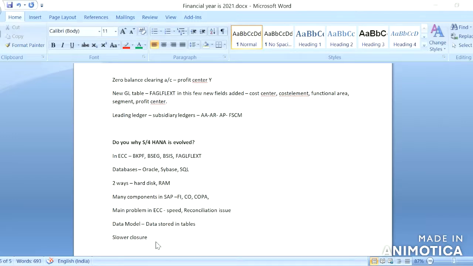As functional consultants, we know that every month end there are activities performed by business users where they have to close their accounts. As there are lots of reconciliation issues, there might be delays in closing the accounts, mainly due to the reconciliation problems.